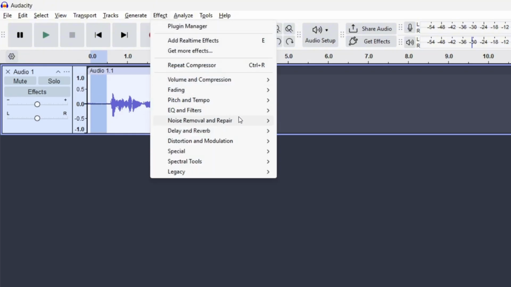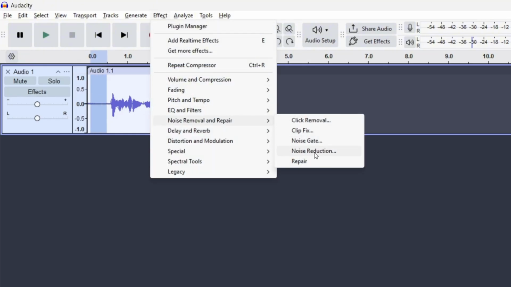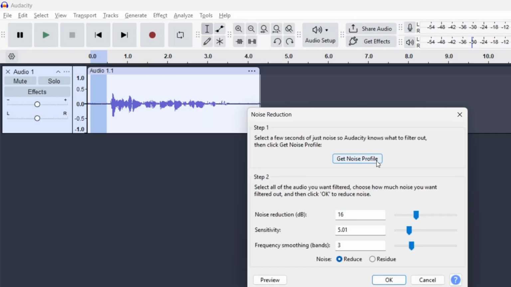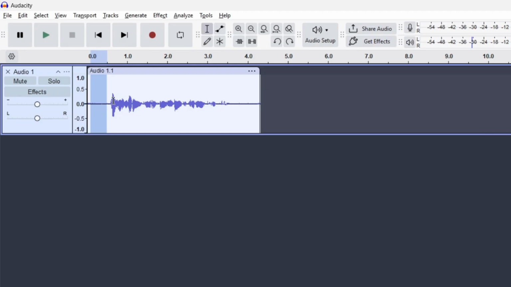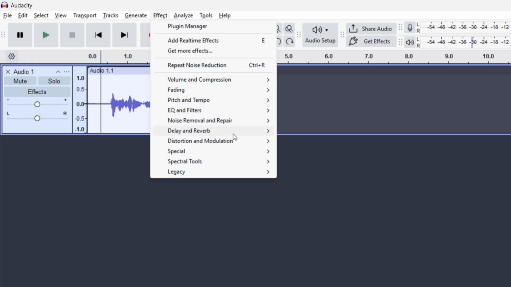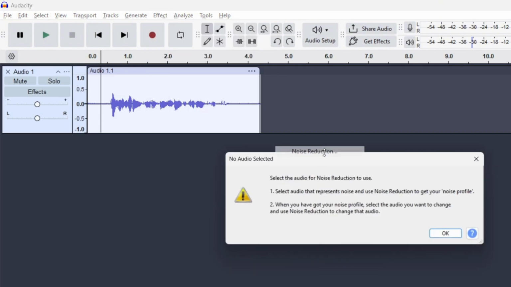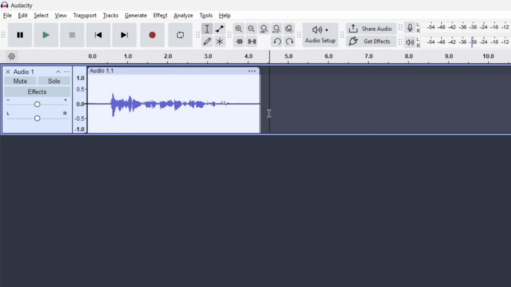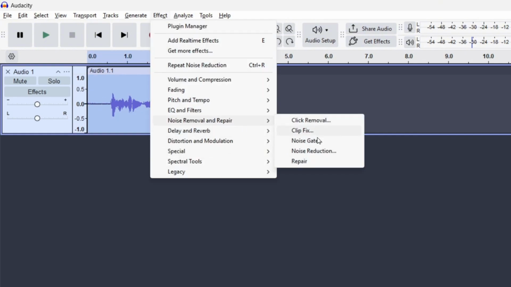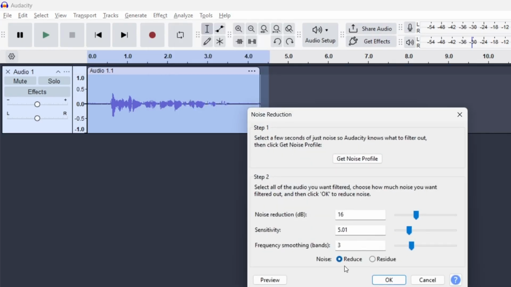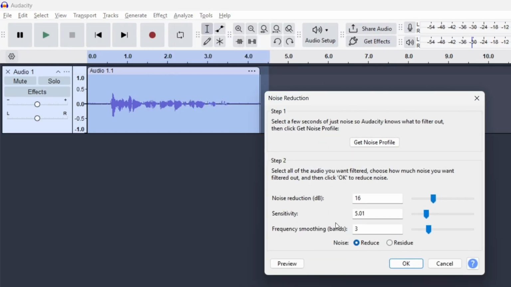Let's click on Effect, Noise Removal and Repair, and let's click on Noise Reduction. So here, let's click on Get Noise Profile. What it does is it analyzes the part that you highlighted as part of the noise. So now we go back, go to Noise Removal, click on this again, making sure everything is highlighted this time. We can finally apply the